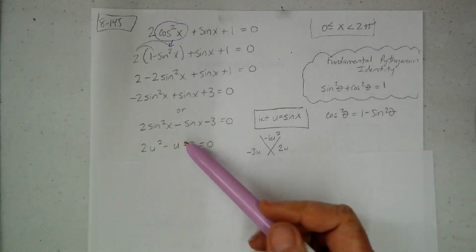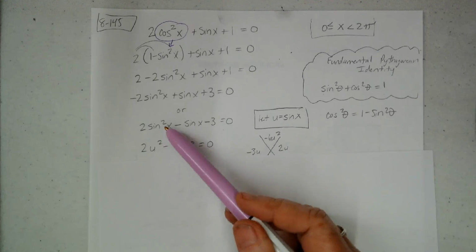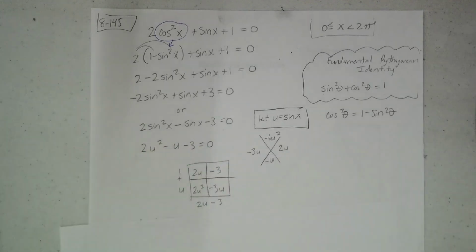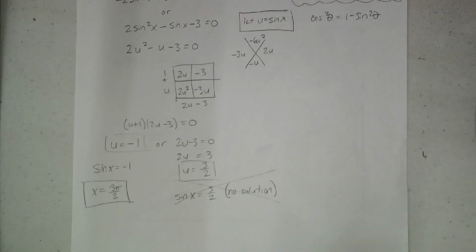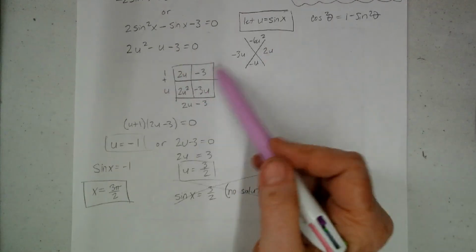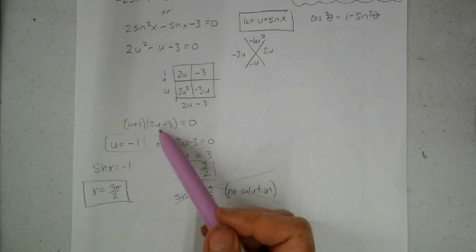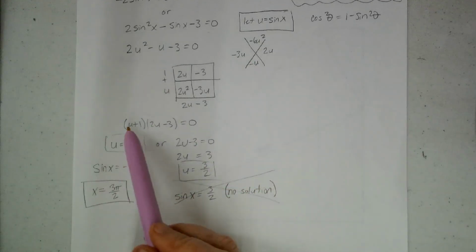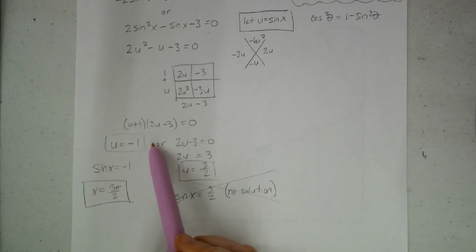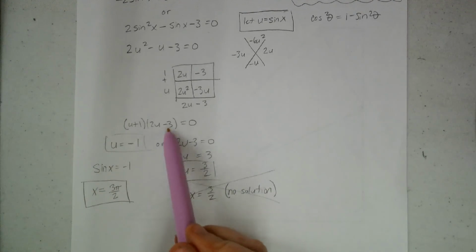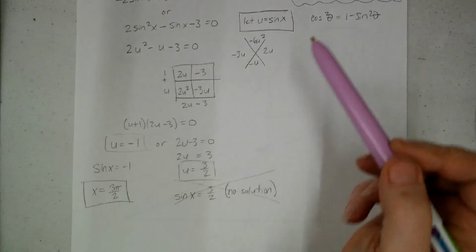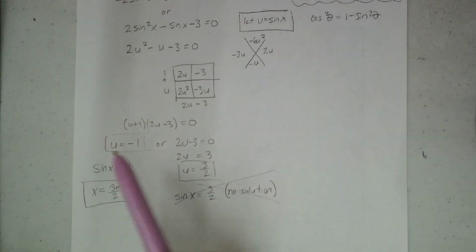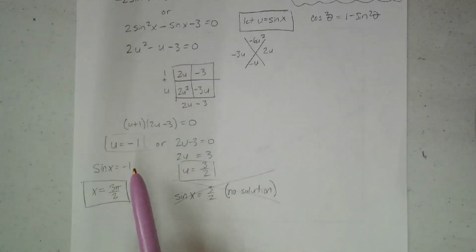I let u equal sine x, and so this gives me a nice quadratic that I can do a diamond problem on. So I did my factoring, my diamond problem, factored it out, used the zero product property. I get -1 from this factor, and I get positive 3/2 from this factor, and that's u. But remember, we said u was equal to sine x. So now I can sub it in for sine x, and then I just ask myself, well,